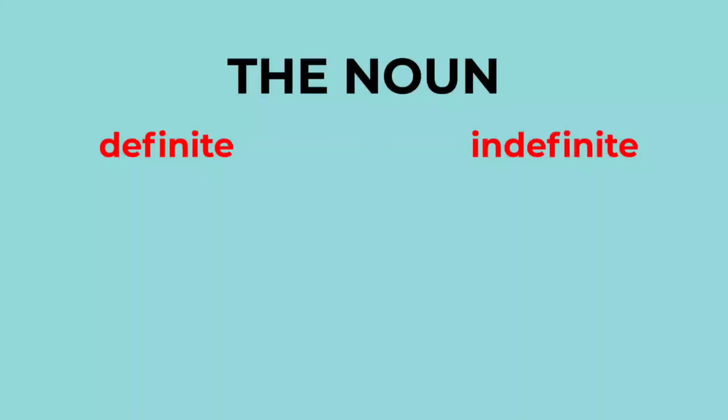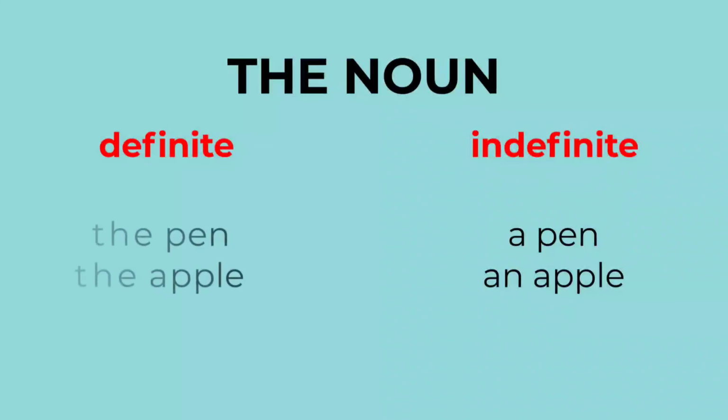The noun is either definite or indefinite. Sahih, brothers and sisters? What do we do in English when it is an indefinite noun? How do we describe it, brother? By using a or an. Are you with me? This, when it comes in front of a noun, makes it indefinite. How do you make it definite? The. Now, in order to define an indefinite noun in Arabic,